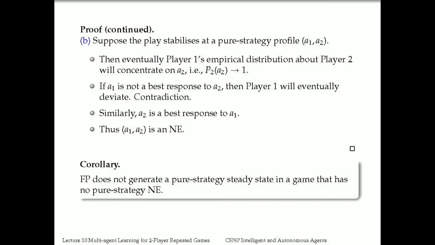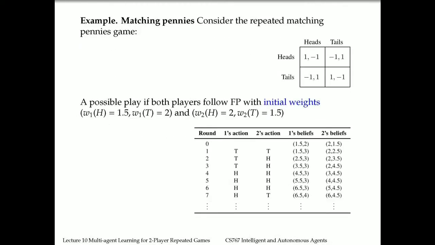But if there's no pure strategy Nash equilibrium, then this means that the behavior of the agent would never be fixed. Right? Let's look at this example where we have the matching pennies game. Remember, that's the example of a game with no pure strategy Nash equilibrium. Of course, there's a mixed strategy Nash equilibrium. We also covered that the mixed strategy Nash equilibrium is 0.5 and 0.5. This means that the players try to confuse the opponent by only playing half of the time heads and half of the time tails. And this is especially applicable to this infinite repetition